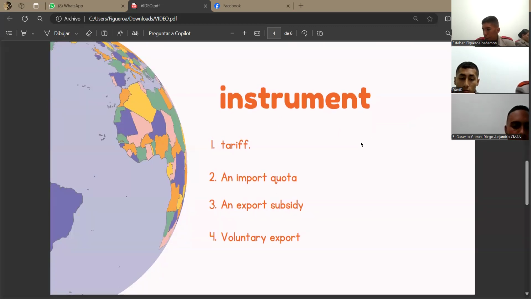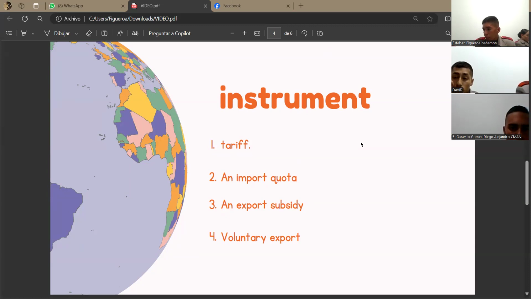A tariff is a tax or duty that is applied to a market product when it crosses a national border. An import quota is a direct restriction of the quantity of some goods that can be imported. The restriction is usually imposed by issuing licenses to some groups of people or companies.